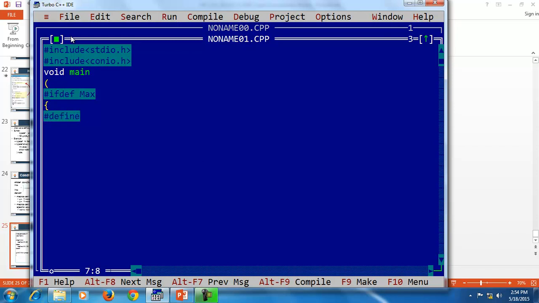Now defining the value min to 90. This is the end of the if statement. Now we'll use printf.